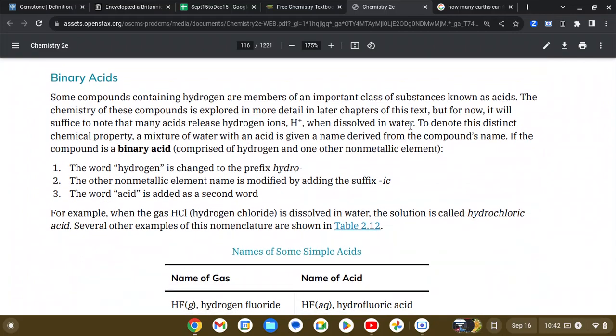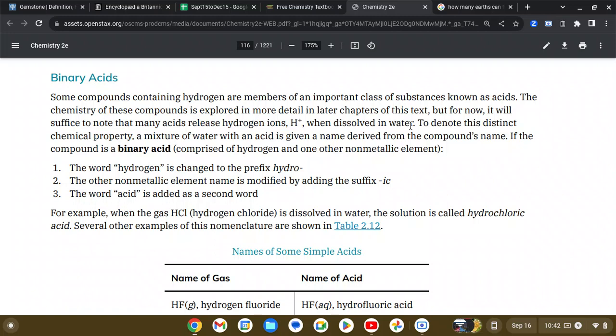Binary acids. Some compounds containing hydrogen are members of an important class of substances known as acids. The chemistry of these compounds is explored in more detail in later chapters of this text, but for now, it will suffice to note that many acids release hydrogen ions, H+, when dissolved in water. To denote this distinct chemical property, a mixture of water with an acid is given a name derived from the compound's name. If the compound is a binary acid comprised of hydrogen and one other nonmetallic element,